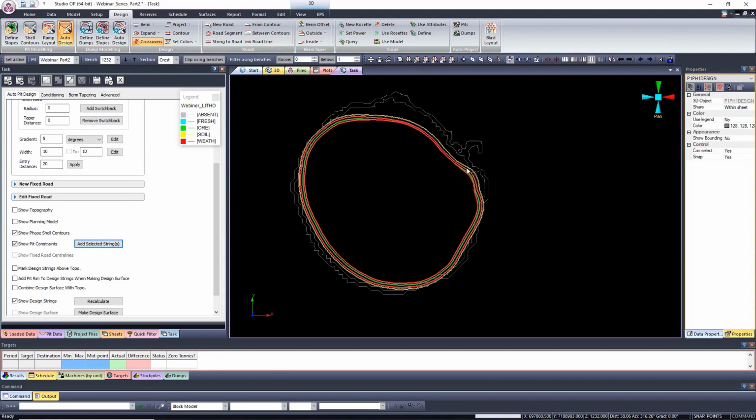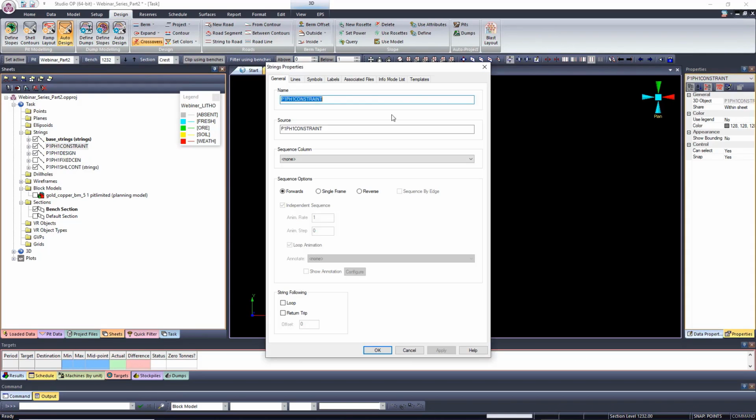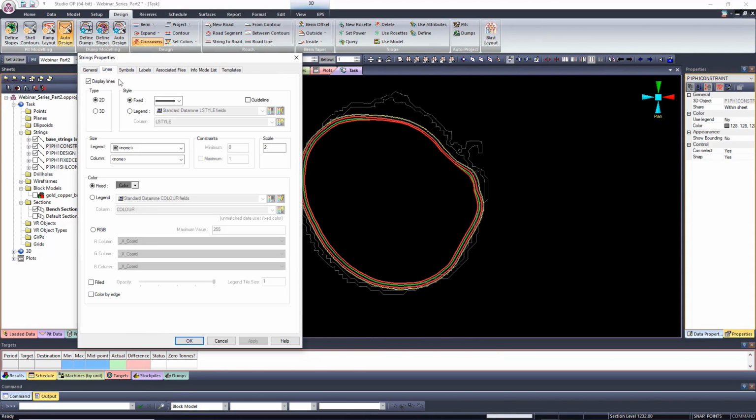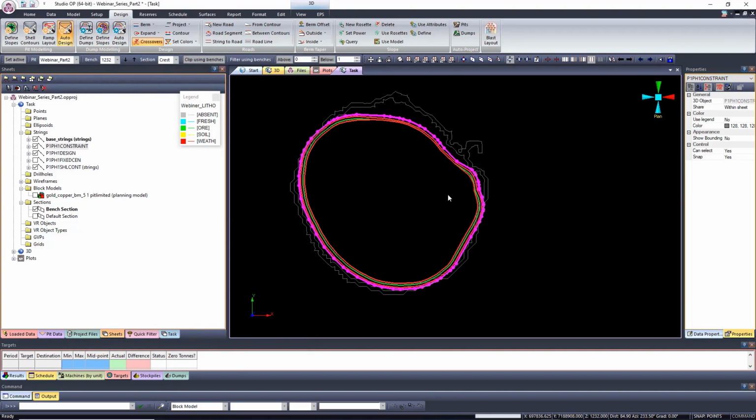Okay, you can see that my constraint string is just the same as my contours, so I can quickly go to sheet and change my constraint string color for visibility's sake, and make my line at least 5 scale, and symbols change it to fixed and make it 9 here. Then I just apply. So I can extend this